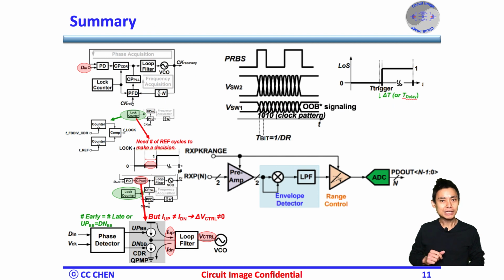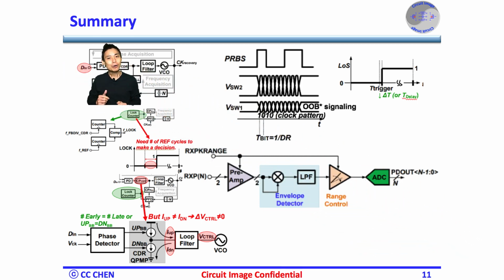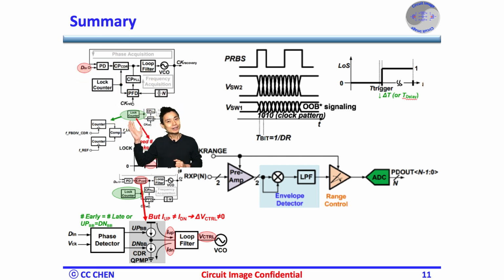Here is a summary of why we need a peak detector in receivers of SerDes. In a real application, the input data may go away even after a stable link transmission. Either the counter-based lock detector is not fast enough, or the PCS error monitor could have too much latency. Both blocks are not suitable for loss of signal detection,